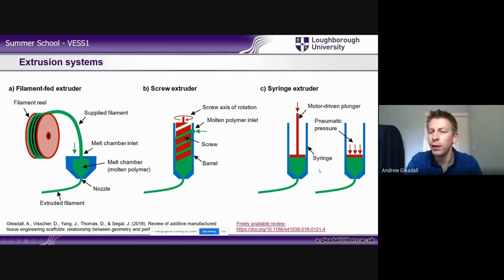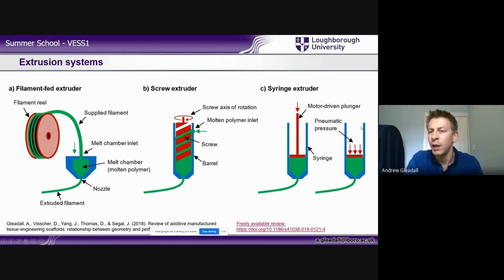And then the final one is using a syringe. So this can either be with a motor that's driving the syringe, and then you'll tell that motor how far to plunge that syringe in, and that will dictate how much material is coming out. The other option is to apply pneumatic pressure. So you just have